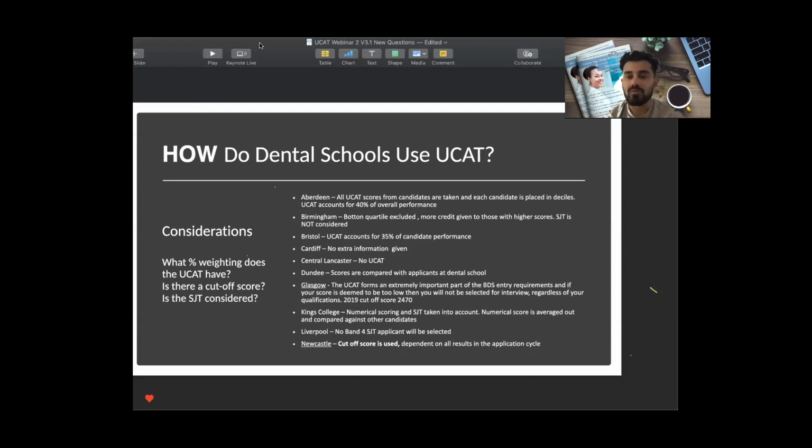So those that had the question regarding what score is ideal, although I know it hasn't answered your question directly, hopefully you can understand that you shouldn't necessarily aim for a particular score. You should just aim to do as well as you can, because every year the results and the averages differ. Based on statistics, you can see that the cutoff scores vary between universities, but also the real importance is on just doing as well as you can in the UCAT to give you the best possible stance,